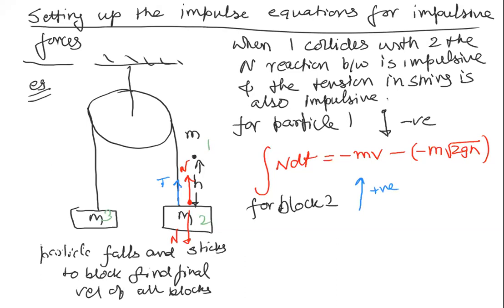So integral T dt, that is the impulse due to tension, minus N dt, that is the impulse due to normal reaction, is equal to, now since these two guys stick together after collision, therefore their velocities must be same after collision. And if I have assumed that the point particle is moving with a velocity v downwards, then this guy must also be moving with a velocity v downwards. Final momentum minus initial